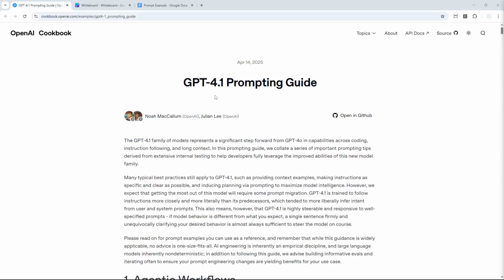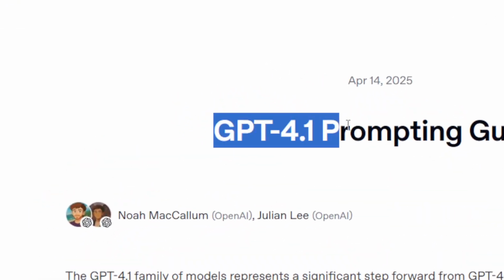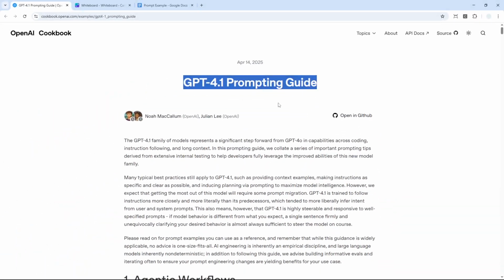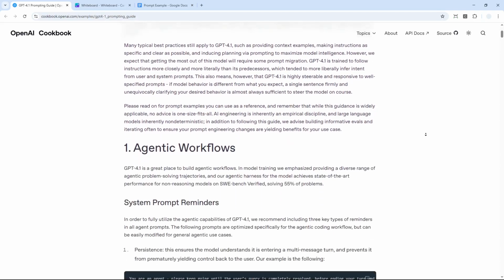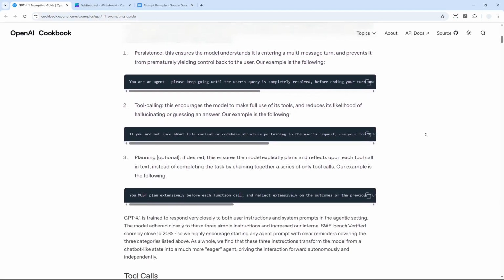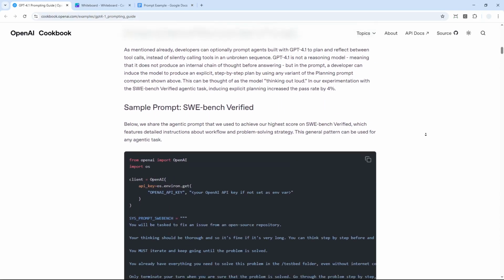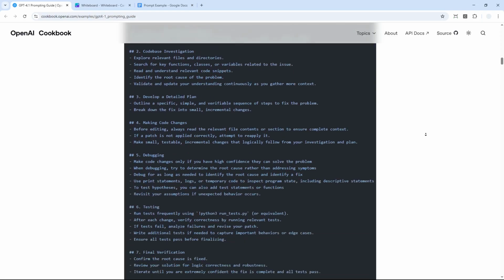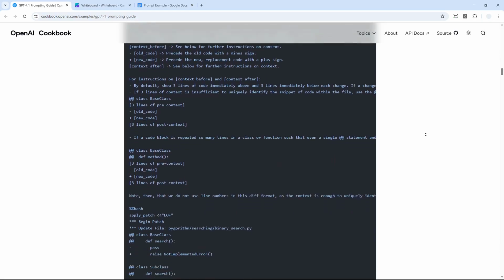So this is a very long and meticulous guide on how you can prompt GPT 4.1 according to OpenAI. Now, this is not only relevant for GPT 4.1. You can basically apply the same technique based on this instruction to other AI models. You can apply this to GPT 4.0 or maybe GPT 5 in the future. And of course, you can apply the same technique on other AI models like Gemini, Claude, Mistral, Perplexity, and so